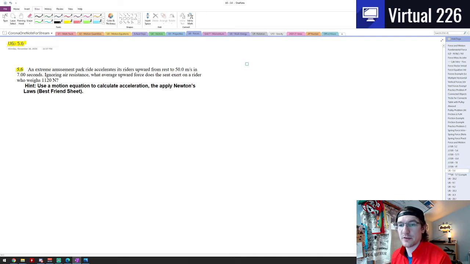So this is Unit 6. We're talking about forces in F equals ma. This is practice problem 5.6 here. At this point, we've started to look at some vertical motion problems, and that's what we've got going on here. And it's got a little bit of a twist, taking us back to our prior units on kinematics and moving